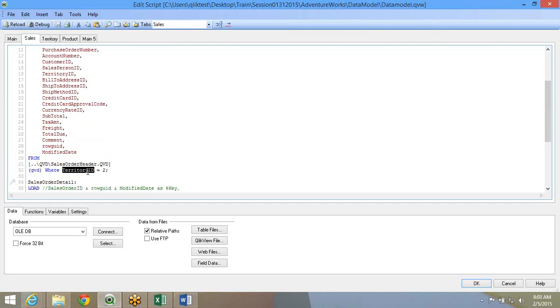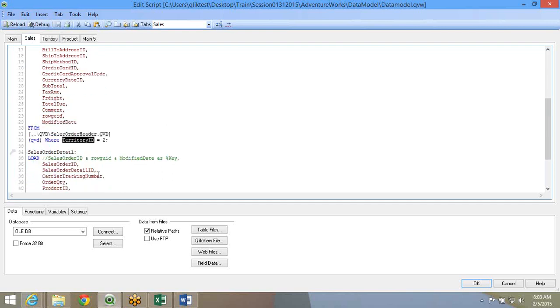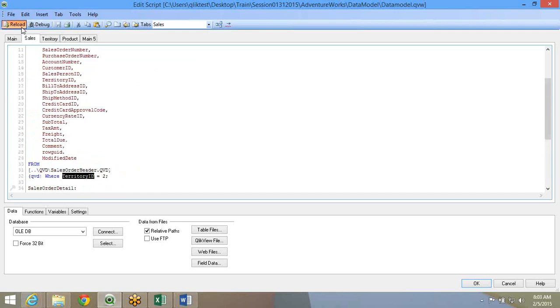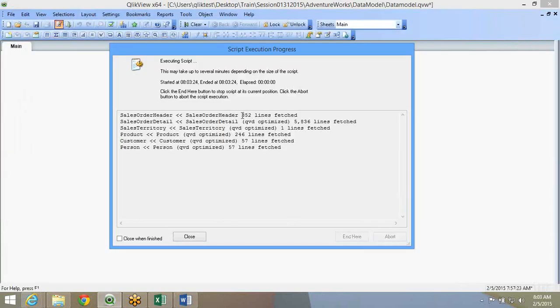So I filter territory ID 2, and all the others will get filtered based on the records that come up first. If you look at it carefully, 3,500 records came in. Only 5,000 records were matching to these 352 that came in. Only one sales territory was matching because it was sales territory ID 2.